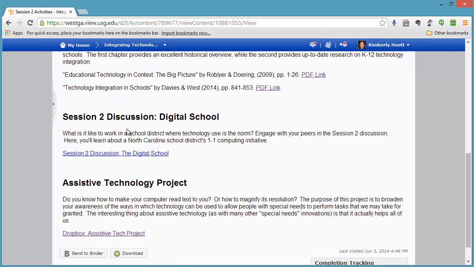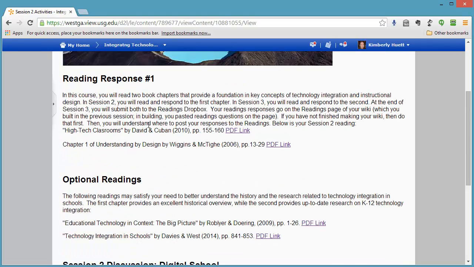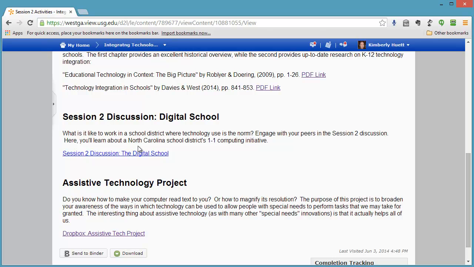And then I would like for you to do it in this order. I would actually like you to do the reading first, then go tackle the session 2 discussion, because it sort of refers to the David and Cuban article, chapter that you read prior. So go ahead and do that reading first. It's really short, easy. And then come in here and read about, there's another reading inside of this board from